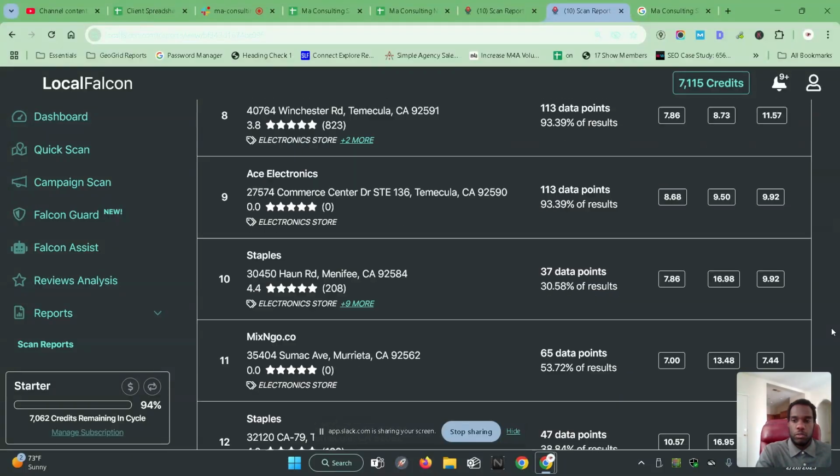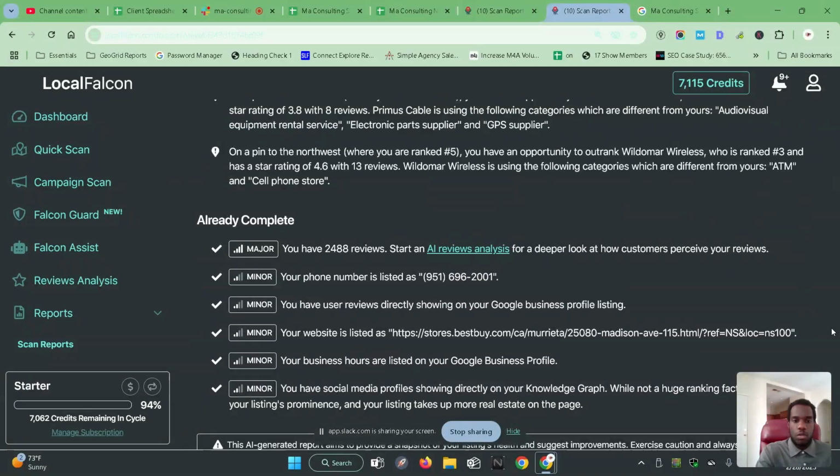So those are a couple of quick notes to go out there and use your Local Falcon tool to help you improve your GeoGrid. Now, there's other factors that'll go into this, but if you handle some of these, you will start to see